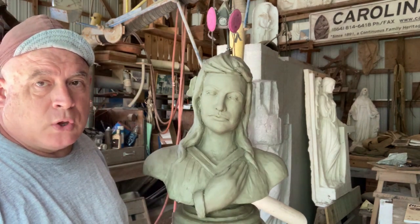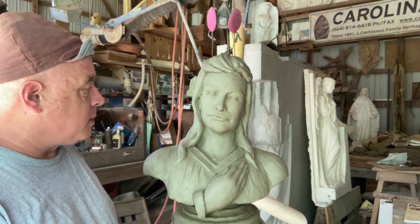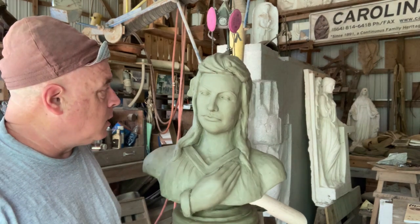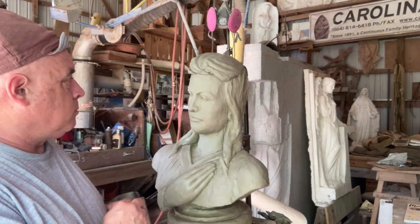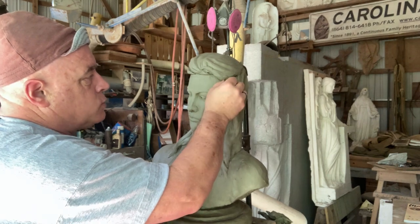Then I'll let that cure, and then I'll come back and I'll have to start being concerned with filling undercuts with foam and making sure that the foam is all good. And then at the same time, putting everything together so that the mold is secure, because I'm going to try to,